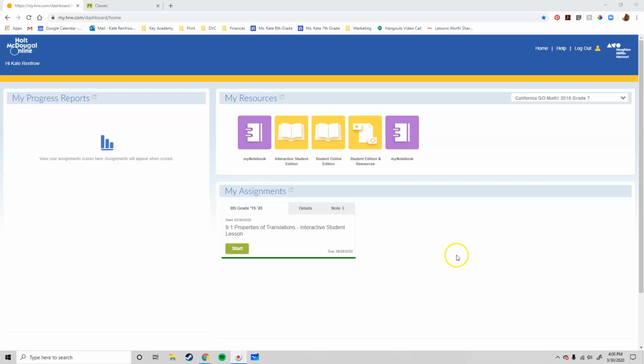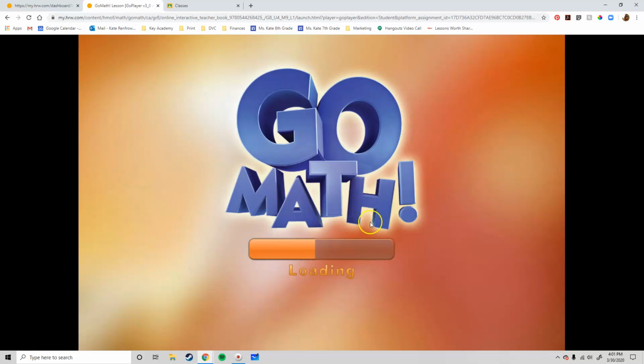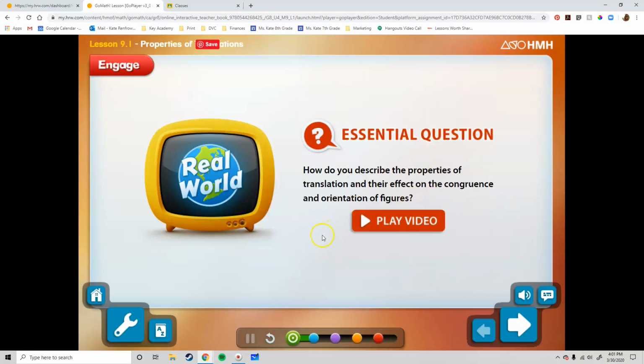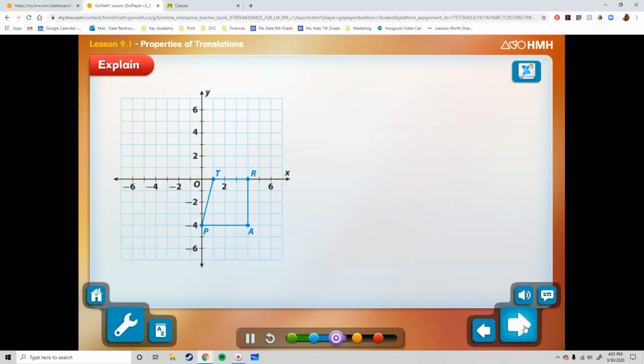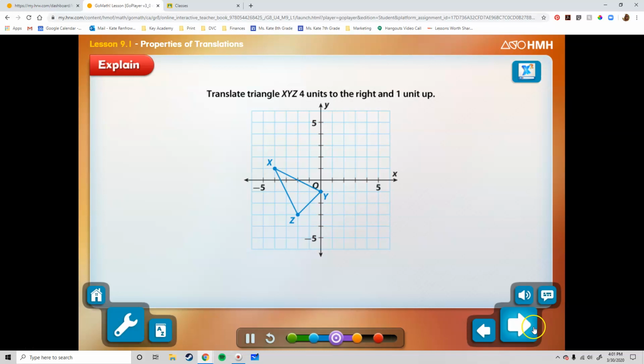When you are in our online class over Zoom with me, you're going to go through most of this together, but here's where you need to access it on your own so that your score can be recorded. You're going to start with the Start button, and it's going to load a program that should be familiar to you. We have used this before, but as a class, we're going to go through by watching the video and continuing through the different sections, answering the questions that they prompt us and doing the practice